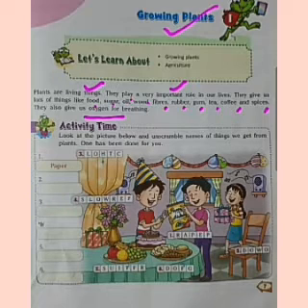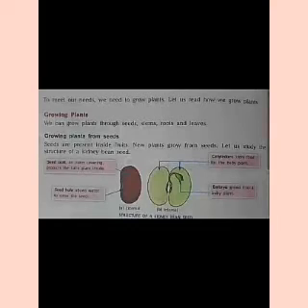So children, now let's enjoy a small activity given in your book. Here you can see that a picture is given along with a number of words too. And for these words, the letters are not in the correct sequence. We can say that these are in a scrambled way, and you have to unscramble them and write them in the boxes, taking care of the correct numbers. For your help, you are provided with the hint that these are the words or the things that you are getting from the plants. Try it out, and at the end of this video, you may find attached the answer of this activity.